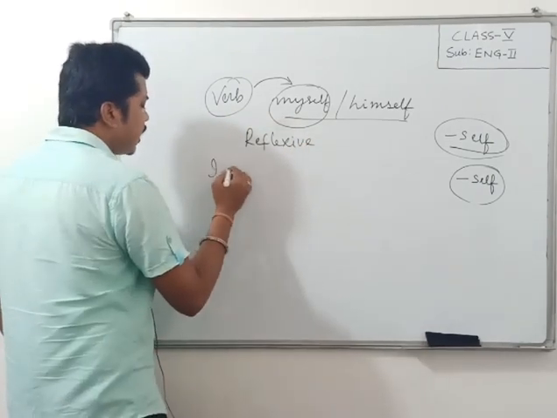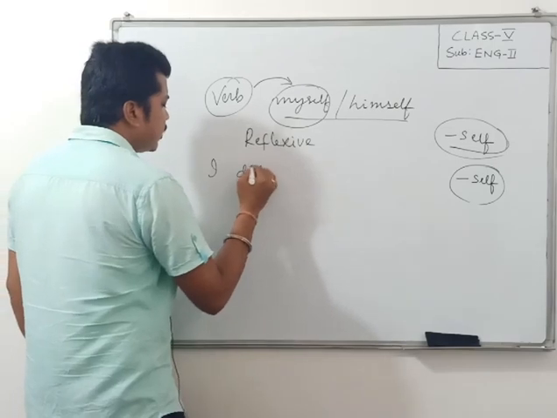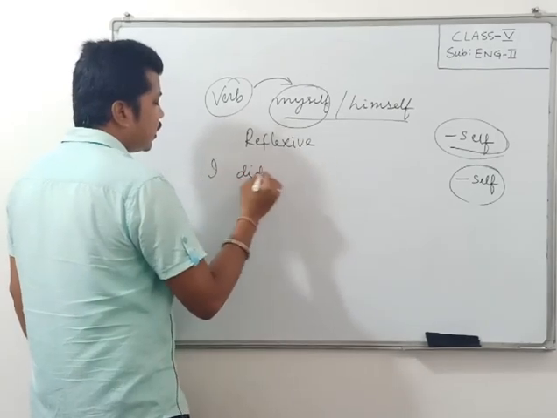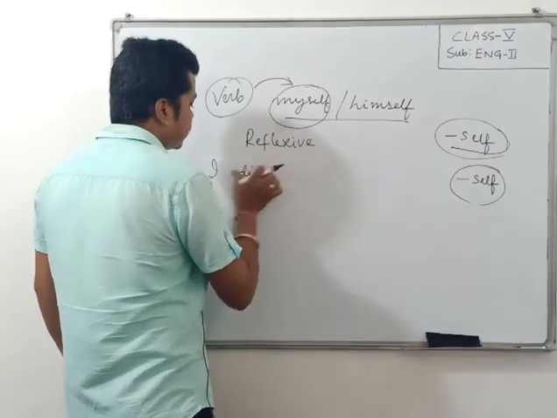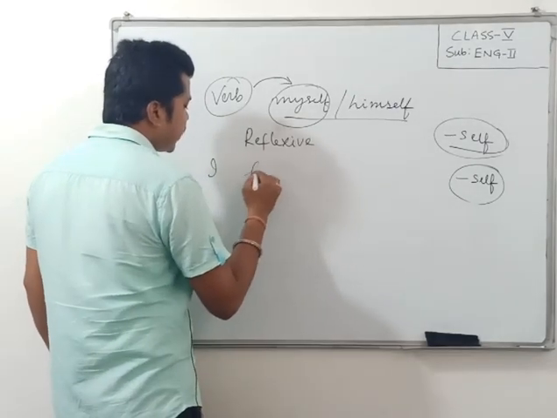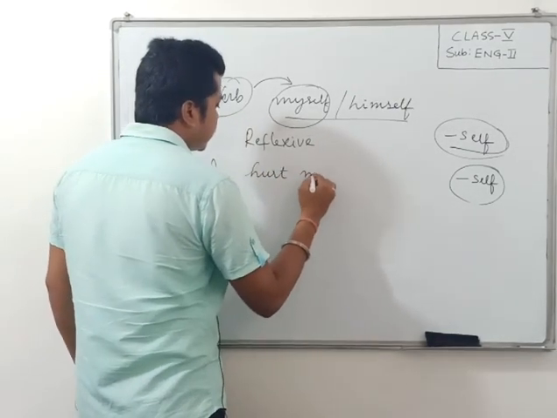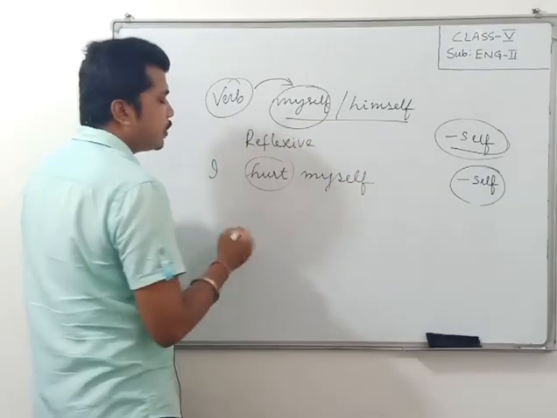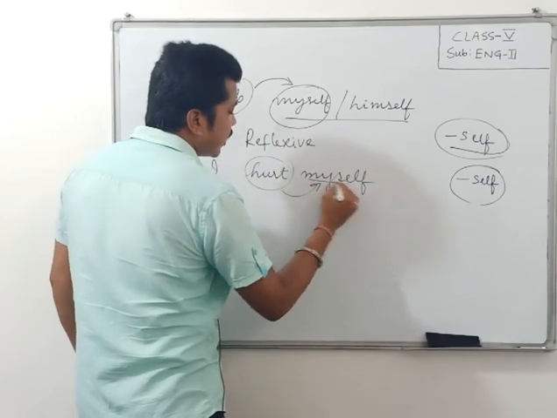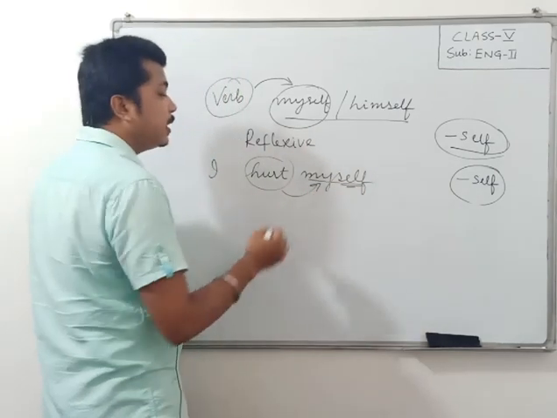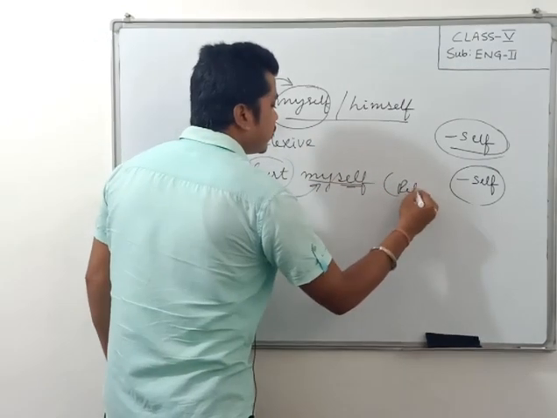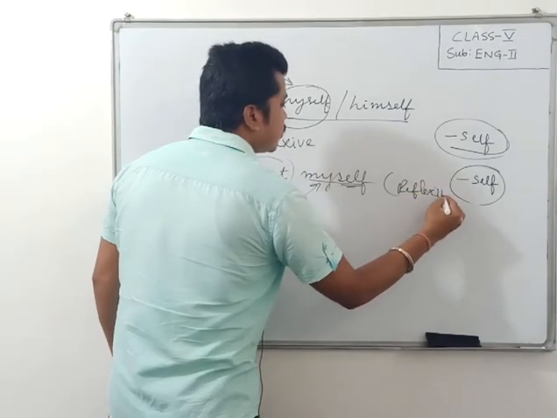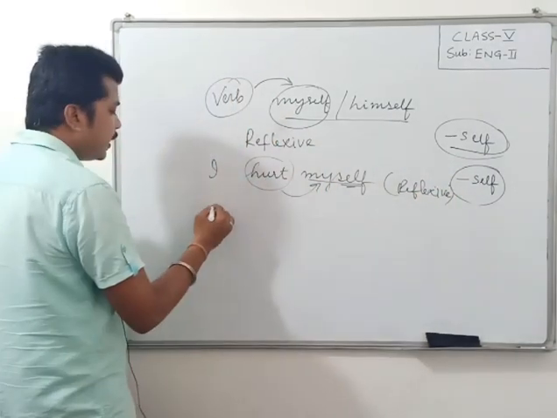Suppose I hurt myself. It is a verb, and after the verb this self word is placed. Then it will become reflexive. Okay, have you understood? Now in another case,